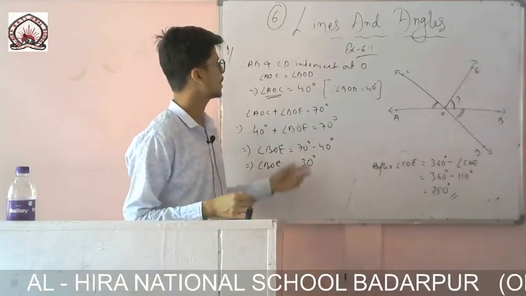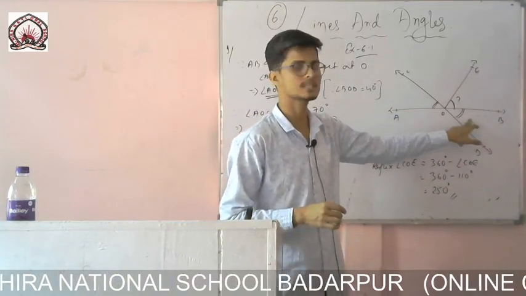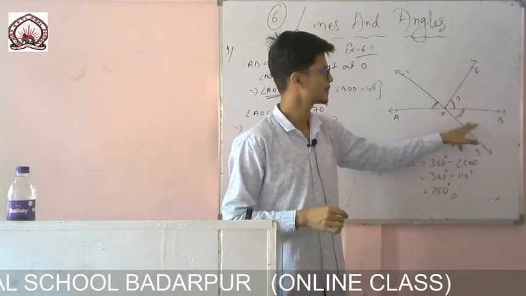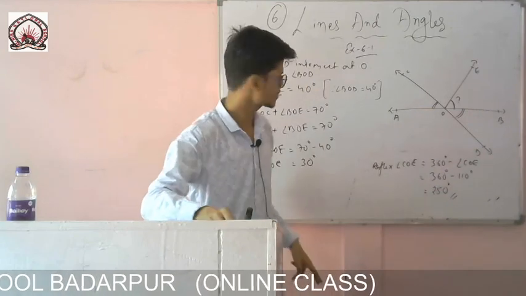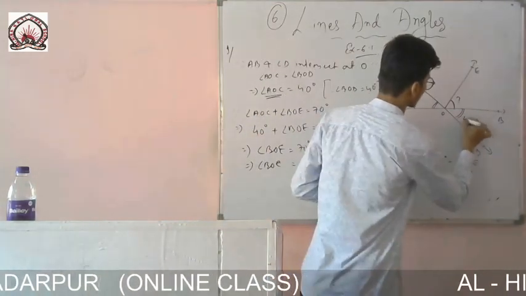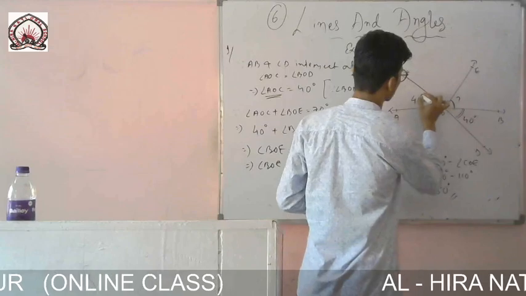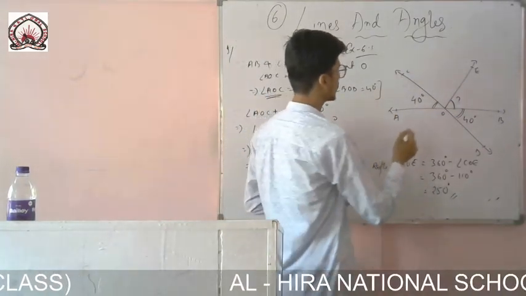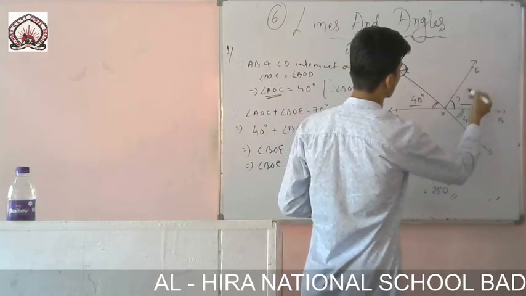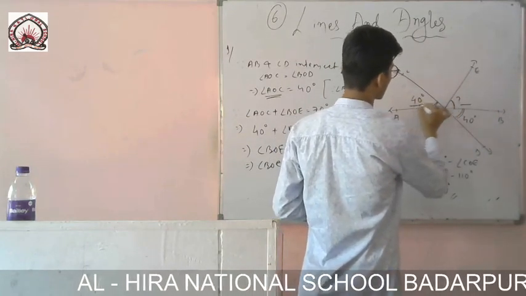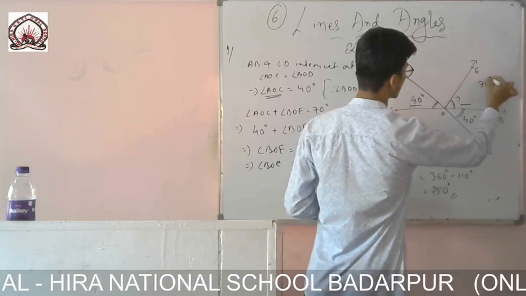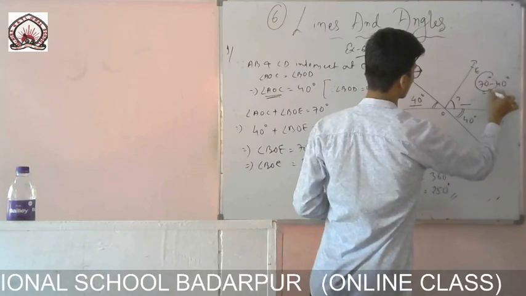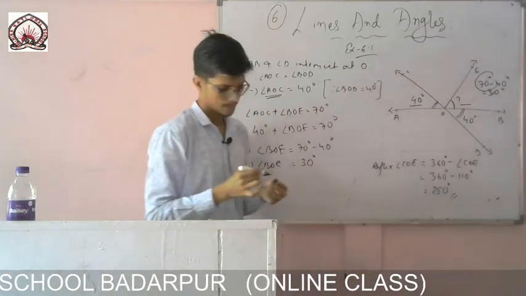So to find BOE, what have I done? First of all, I have written that these two angles are vertically opposite angles. That means the value of this one will be equal to that one. And this value is given in the question as 40 degrees. So if this is 40 degrees, that means this one is also 40 degrees. In the question, one relation is given that this angle plus that angle is equal to 70 degrees. So to find this angle, I simply subtracted that angle, and I got the value of this angle, which is equal to 30 degrees.